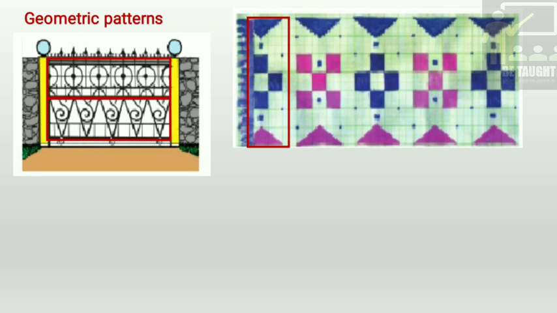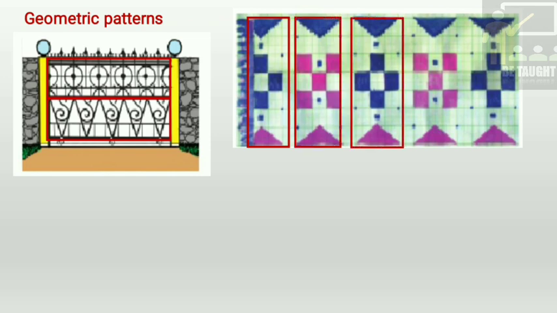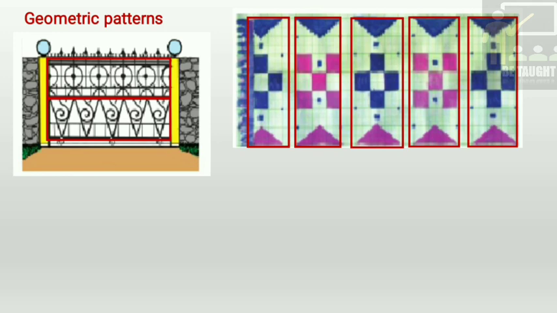A box which is having a plus sign, you can say, and then first it is 4 boxes are there, and then it is 5 boxes are there. Again it is a repeating pattern. 4 boxes are there, then 5, and then again 4. So the pattern is being repeated over and over again.